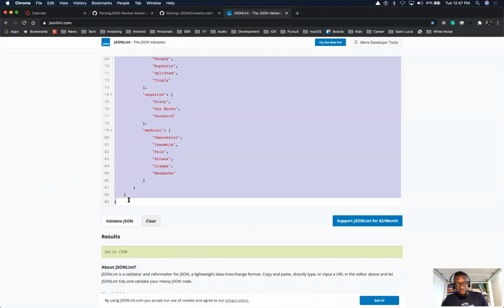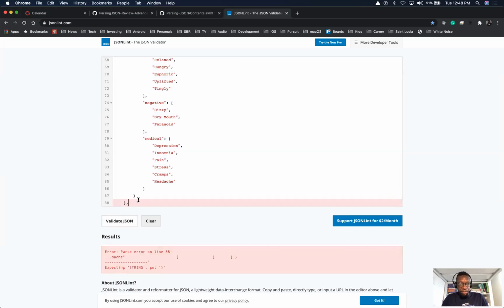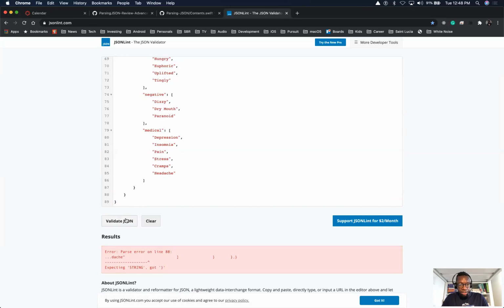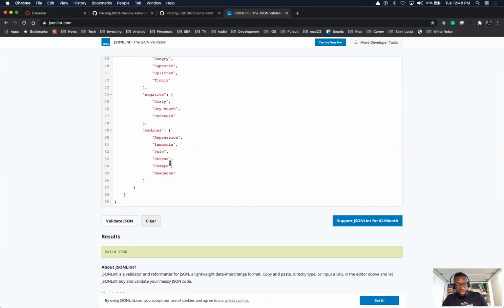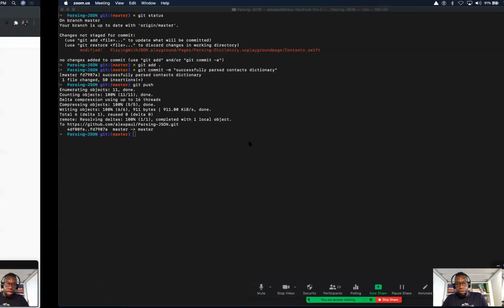So now we can copy this. We know it's valid JSON, because otherwise you wouldn't know if it's invalid. Just 1 extra bracket at the bottom, and make sure there's no comma here. It's going to fail if there's a comma. So that's valid JSON. Copy it, and let's go back to our playground